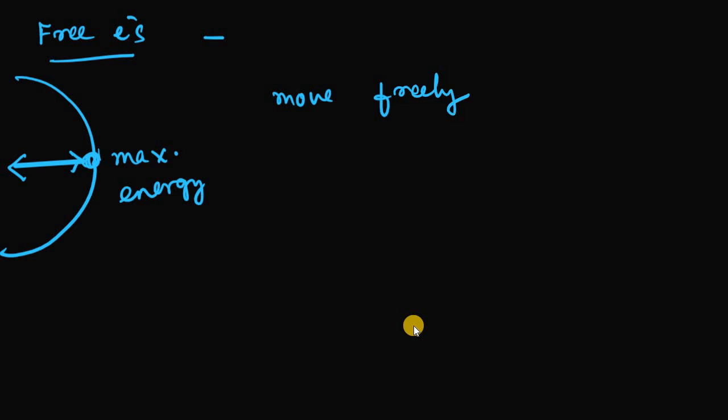These outermost electrons can move freely in metals only, because of maximum energy and being very loosely connected to the nucleus. These are actually called free electrons, and they can be easily removed or detached by the application of some external force or energy. If a little energy is given to these electrons from outside, they easily jump out of their orbits and conduct. That is the reason for conducting heat or current or anything like that.